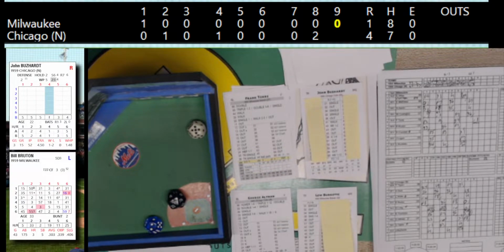And it's going to be Bruton up. So we're going to go see if we can find a lefty in the bullpen. And we don't have really a lefty in the... Well, we have Moorhead. We can use him. He's been used already 2/3 of what he has. So we're not going to use him. We're just going to go for a righty. Ah, here's one. Hillman. Hillman hasn't been used that much. So we'll use him. I don't like to overuse guys. There he is. All right, here's Hillman. We're going to roll to see what kind of stuff he has.